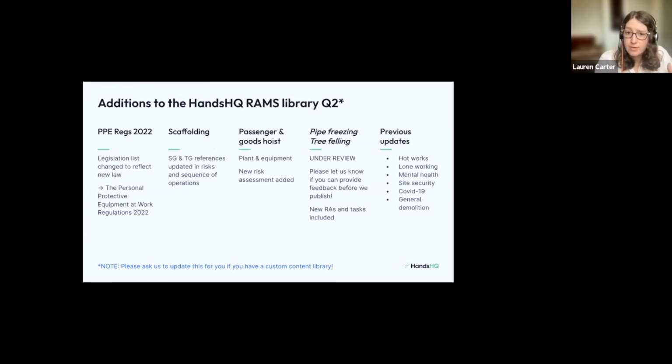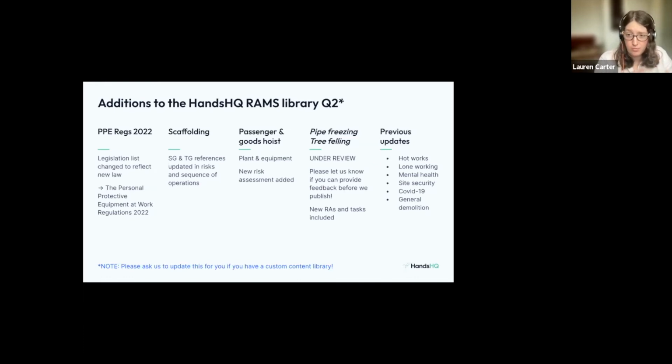So you will, for instance, already be able to see the passenger and goods hoist risk assessment added to our plant and equipment category, as well as the information for pipe freezing and tree felling that will already be in your systems. However, if you've got your own custom content library because you're using content editing risk register and